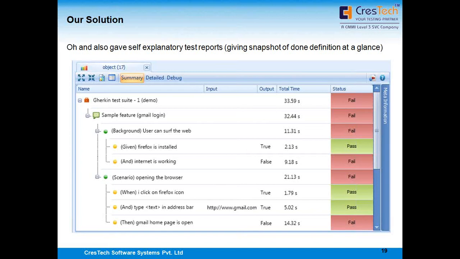And OpKey is cloud enabled. We already have 150 plus OS browser combinations available with us. So you can write your Gherkin script and execute it on multiple OS browser combinations. You don't need to maintain your own test infrastructure. Plus, there are a lot of features like distributed test execution.